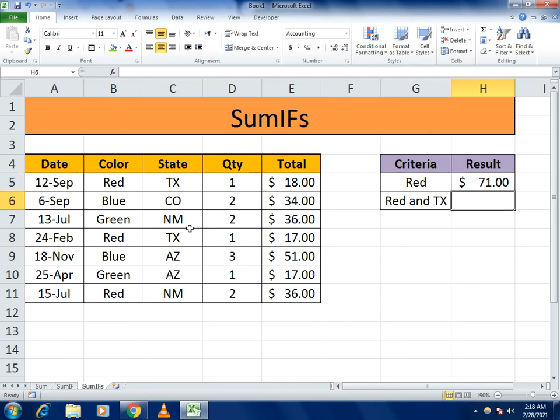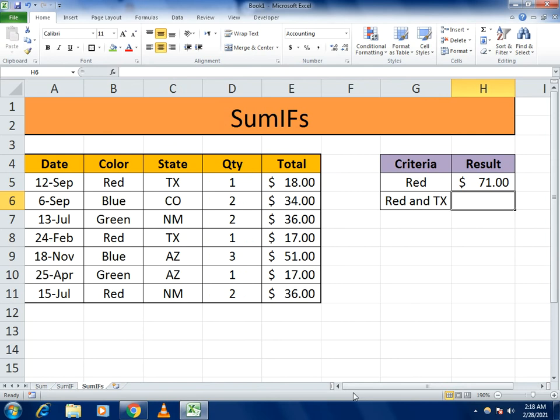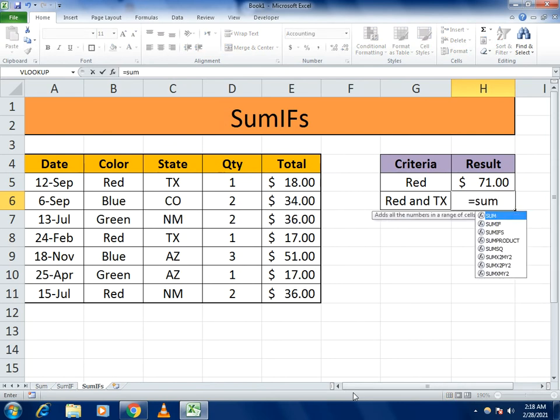Suppose I want to calculate the sum of the values which have red color, plus I want the values of those red colors in which the state is TX. It means I want the sum of the values which meet both conditions. The first one is color red and the state is TX. So how can I calculate it? I go to the box in which I want to calculate our function. You have to write equals SUMIFS, and again